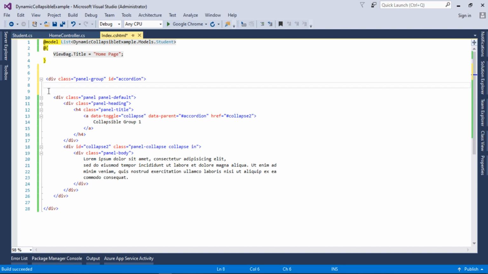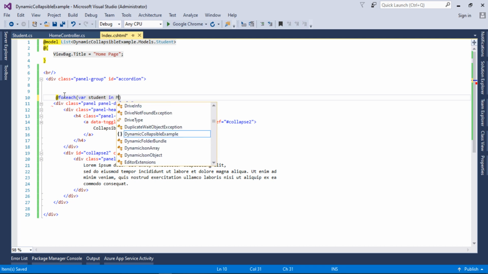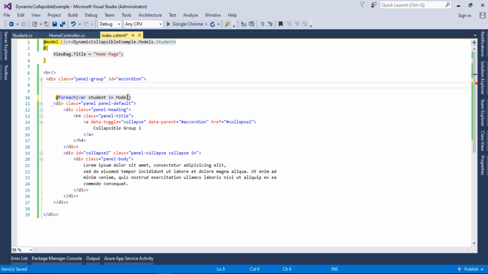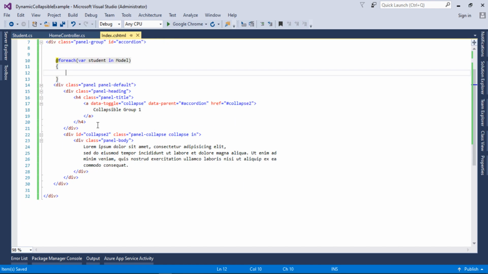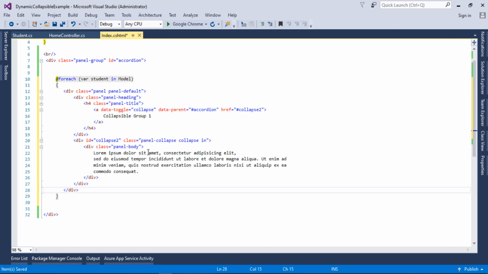Now I will first of all add a line break here so that we have a better display. Okay, now I will run a foreach loop, and here a single student in Model, which is the student list. Now I will open and close the brackets and paste this complete collapsible here.